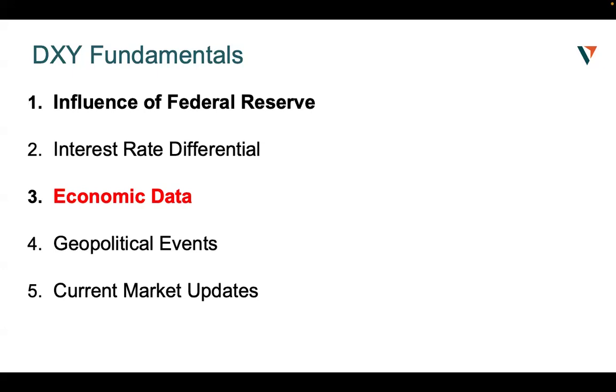All right, and the last two points, geopolitical events and current market updates, are intertwined together. This gives you an idea of how the US economy is doing in general. It could be Black Swan events, or events that everyone will be looking out for. So close to the end of last year, the event that everyone was watching was, of course, the US election. And now that that has passed, everyone is constantly looking out for headlines related to the new US president, Trump, and how he'll be laying out plans to push out tariffs, and how that would have an impact on this